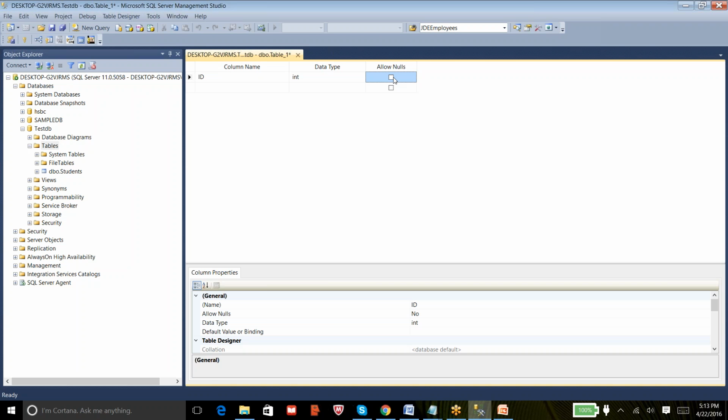ID should have some value. Maybe for the last name I can allow null values, but ID is mandatory. For every employee, ID will be unique and mandatory. So I don't want to make it null. Even if a user tries to enter a record with a null ID, the system shouldn't accept it. That is how it helps us.